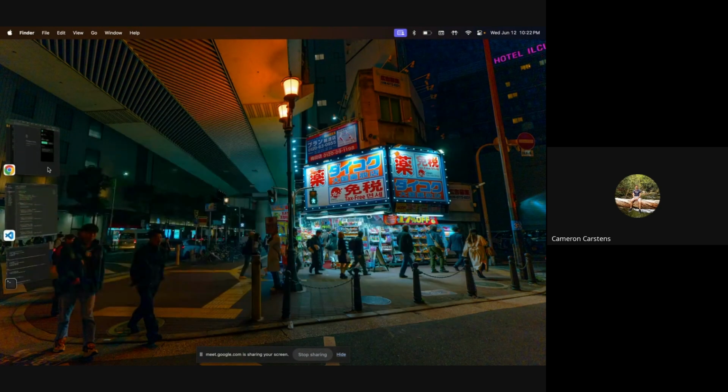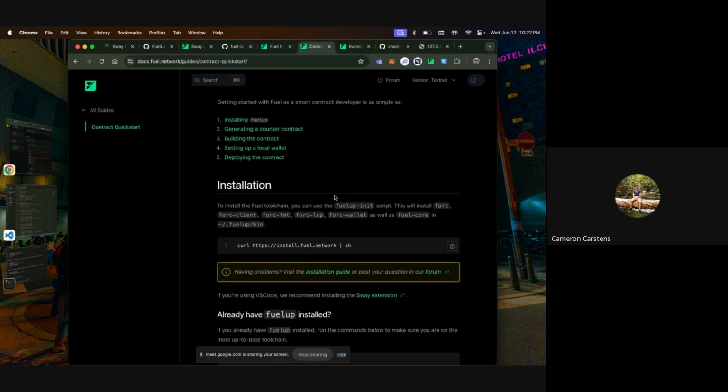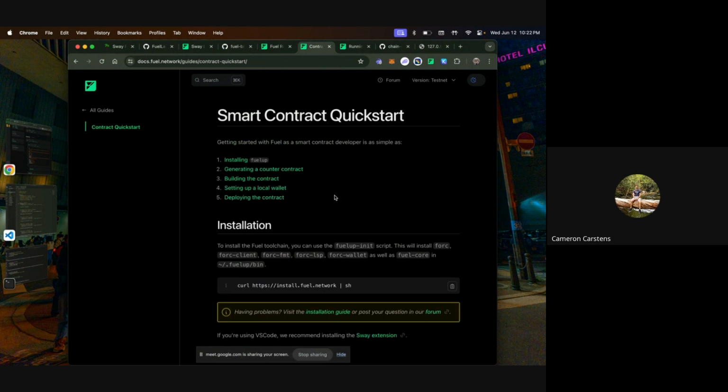and highly recommend checking out our quick start guides of deploying some nice, easy counter contract, just a few commands. And what I recommend focusing on the most from a security perspective is, because Fuel, as I mentioned earlier, has native assets, the biggest difference from what people are used to: there's no longer any token approvals.